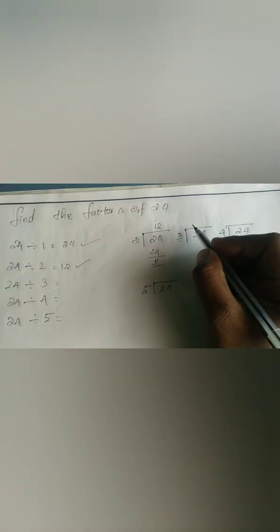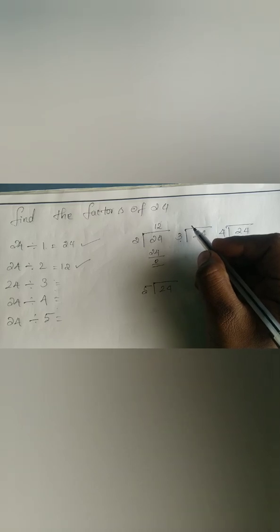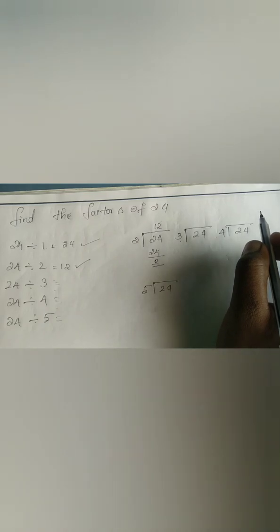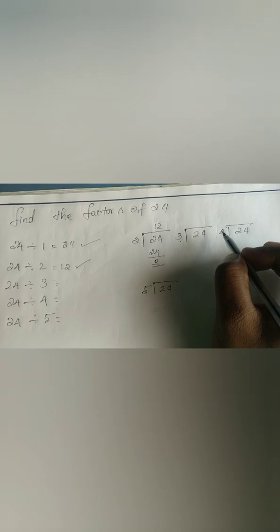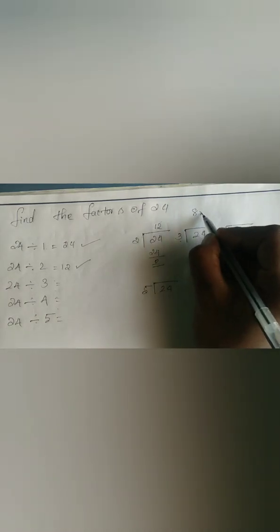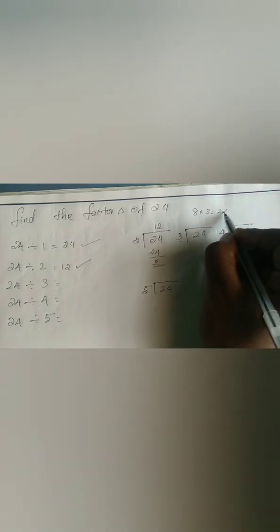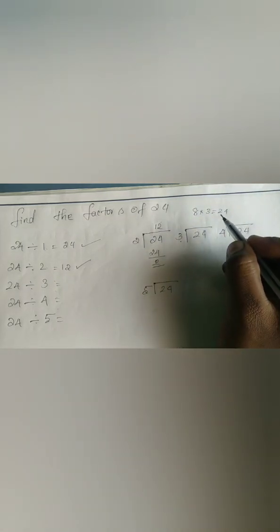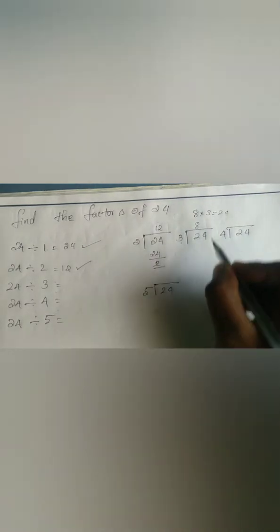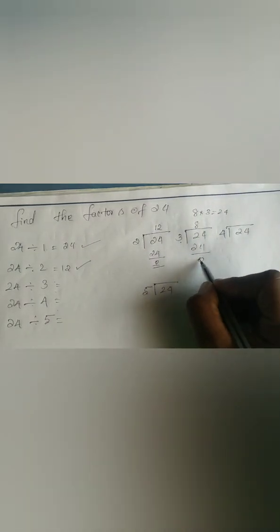We know, guys, that's why I'm again telling, please learn the tables by heart clearly. Whenever you see the number, it will strike you at the moment, because 24 means, what are the possibilities of 24? In the 2 table, 24 is there. In the 3 table, 8 3s are 24. Guys, please learn the tables by heart properly. So 8 3s are 24. It leaves the remainder as 0.